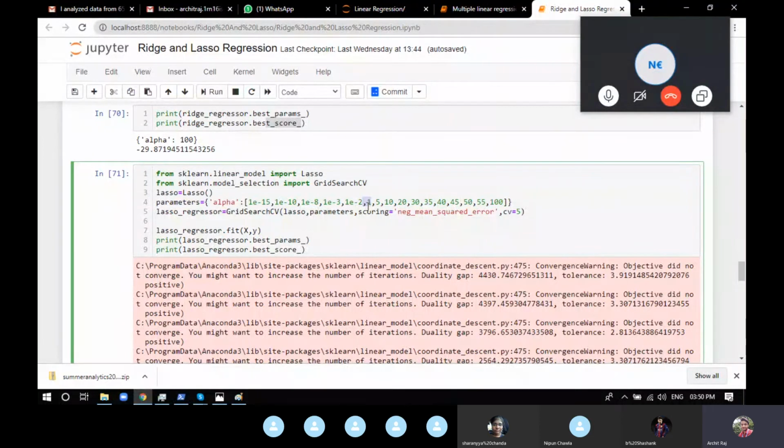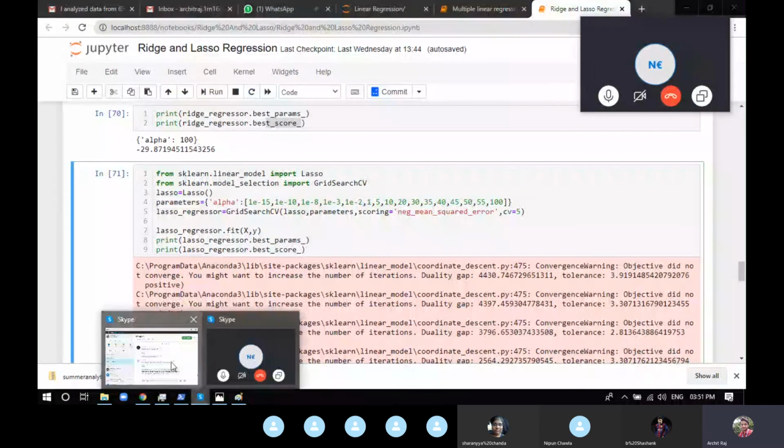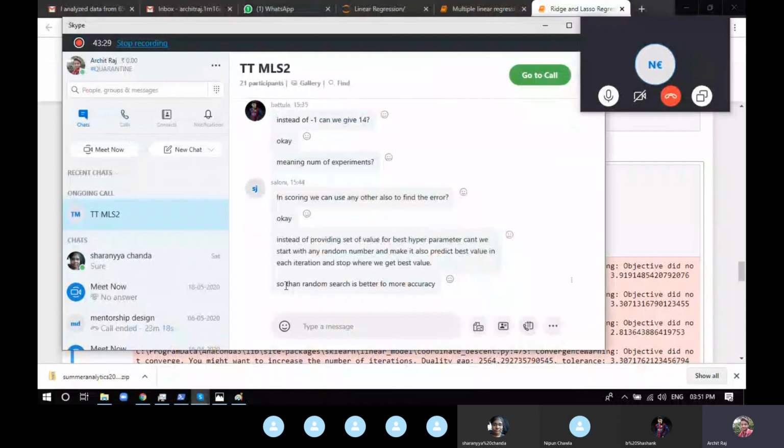You can do that also, but it's kind of a hectic thing to do. So you can just use different functions, like random search. Is it better? It's not better, it completely depends on your luck. If the random search went to the best fit model, so the best fit value of alpha, it's fine. If it doesn't, you still have to accept it, because unless and until you find the best fit of the hyperparameter, you cannot say this is the best fit, because you have no scenario in which you will get to know whether this is the best parameter or not.